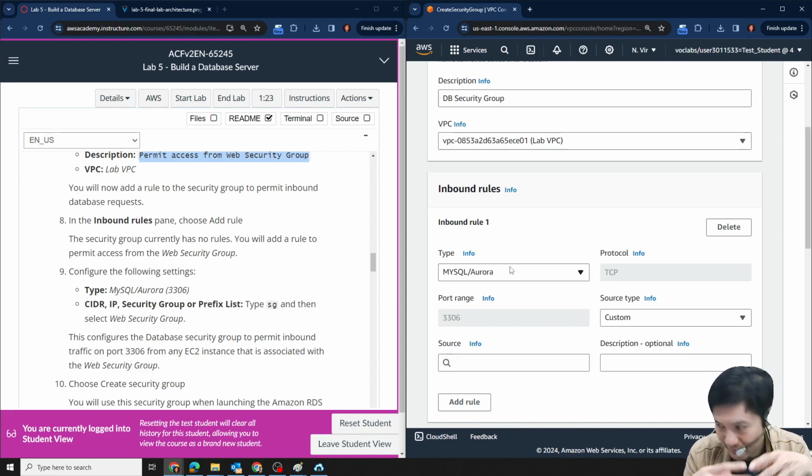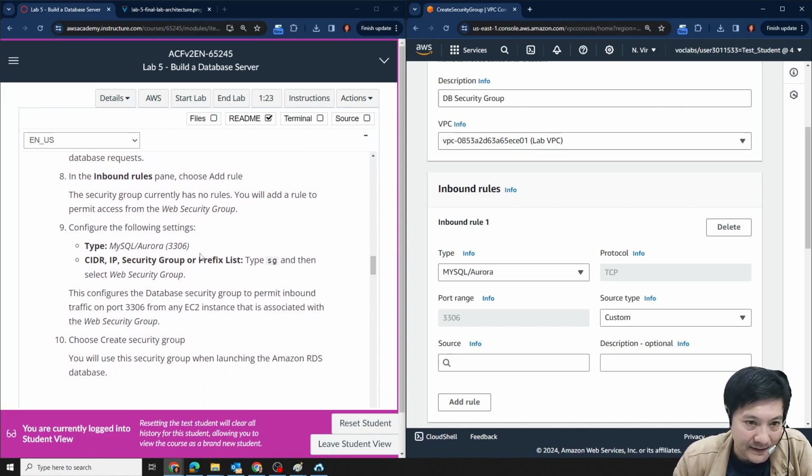Aurora is a distribution, so-called a distribution of MySQL from AWS。Aurora 你可以簡單嚟講，你係一個 AWS 版嘅 MySQL 啦，佢寫過嘅。佢叫 Aurora MySQL 咁樣。一樣嘅啫。